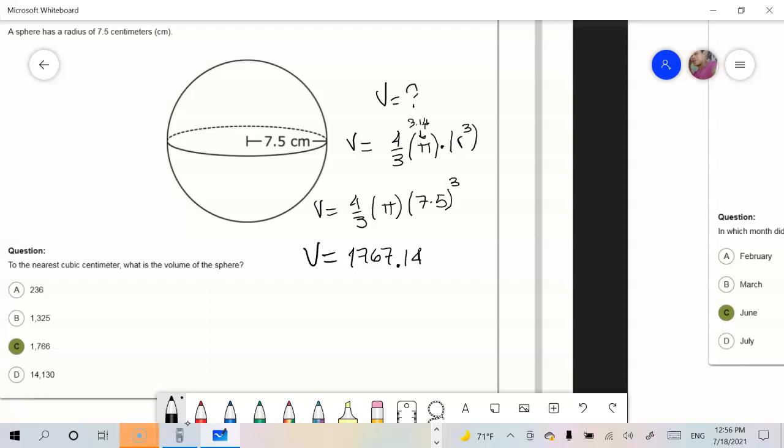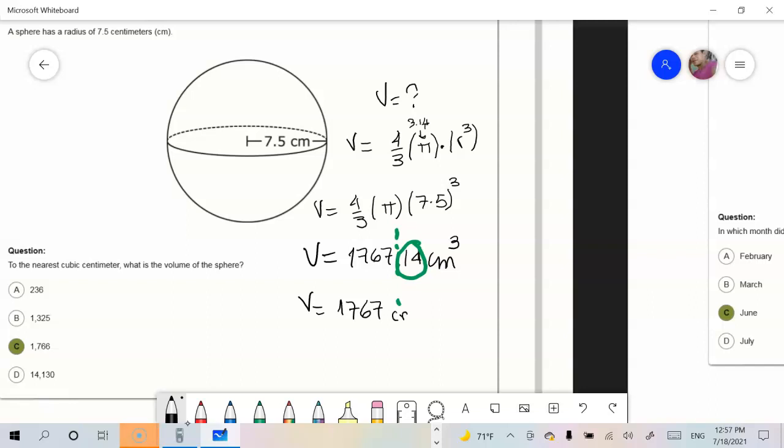1767.14. But now this is cubic centimeters, and the problem wants you to give the answer to the nearest cubic centimeter, so you have to round this number. Because it is cubic centimeters, it doesn't want tenths of cubic centimeters. It wants cubic centimeters, so you need to cut the number right here. This 4.14 is less than 5. I mean, you have one here, and one is less than 5. So the volume is going to be equal to